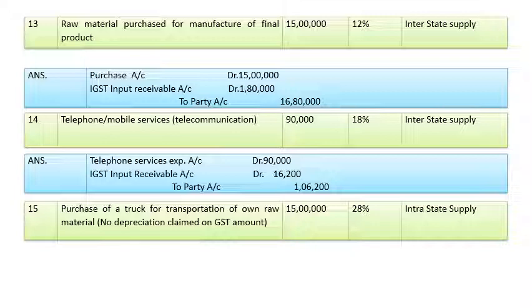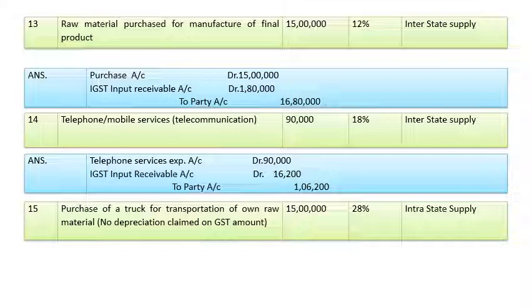That means whenever any purchase, for example a car is purchased for taking their officers from one place to another place, then credit is not available if sitting capacity of that car is less than 13 persons or passengers. So what entry can be passed in that situation? Whatever GST amount is there, that will be added into the cost price of the car. Say for example, cost price of a car is 10 lakh and GST is 1 lakh, then entry is car account debit 11 lakh to party account 11 lakh. That can be an entry.